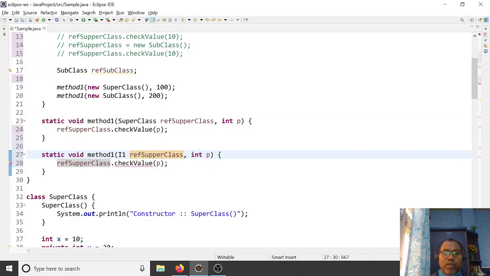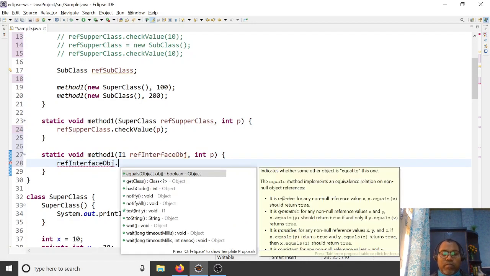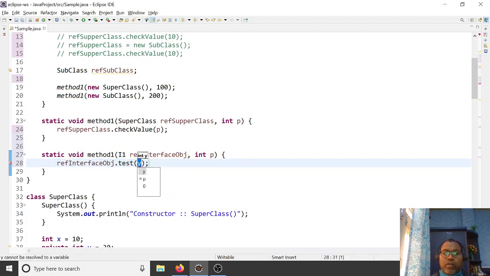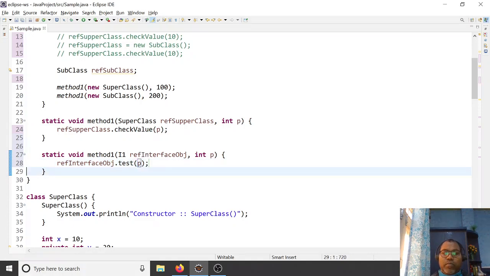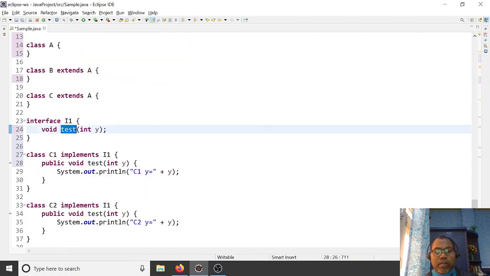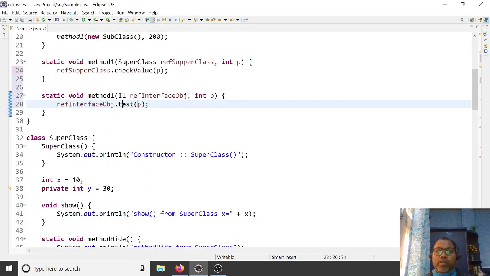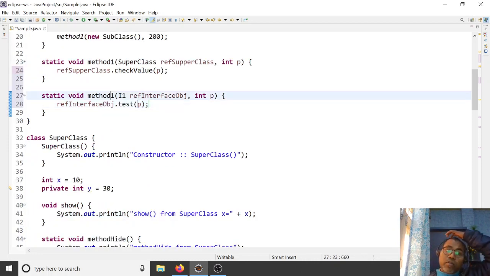The main method takes an interface reference, an interface object obj. And with this interface reference you can only call the one test method, and pass your argument. So this test method may invoke this one or maybe this one. There are two implementations. Which one is invoked depends upon which value is passed.